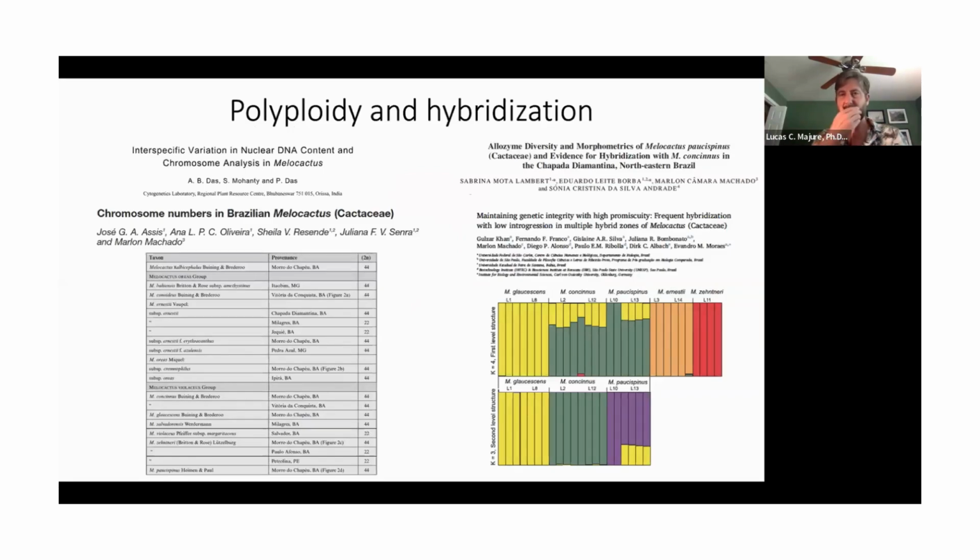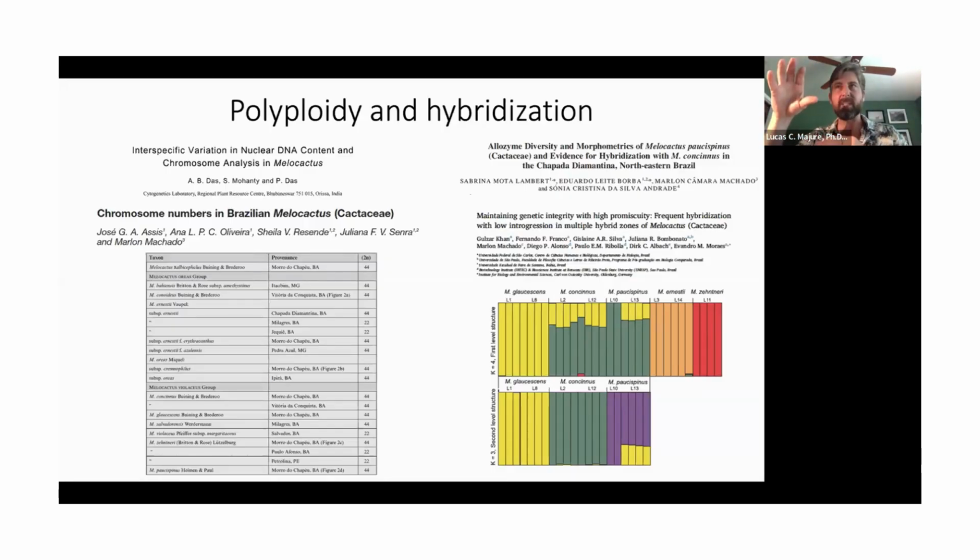Just to throw in a couple of other studies that have been done in the genus Melocactus, because there are some interesting things that happen in Melocactus that also happen in groups like prickly pears, the genus Opuntia. One of those is polyploidy, which is also known as whole genome duplication. This is a situation where instead of having the base number of chromosomes as a typical diploid would, say 22, and that's what it would be for cacti, they might have 44 or 66 or 88. So they have these essentially duplicated numbers of chromosomes.